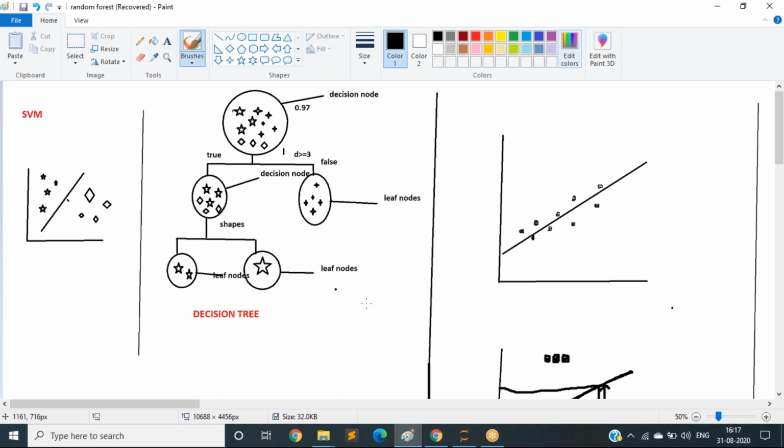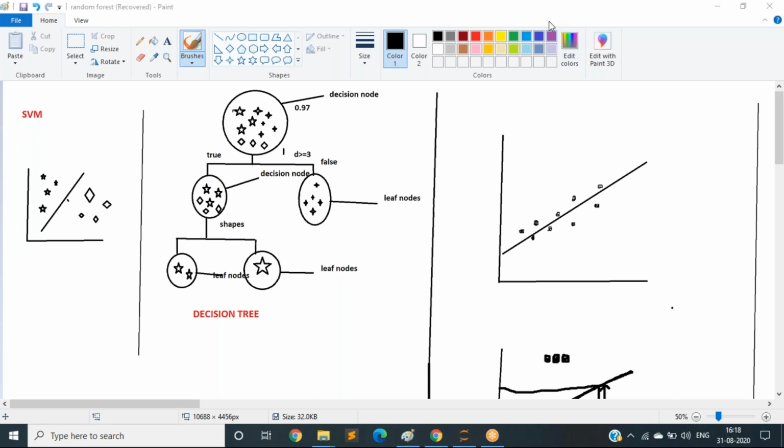That is the advantage of using the decision regressor here. And regressor means we should predict the value. There will be continuous values, and it will take some decisions and predict.